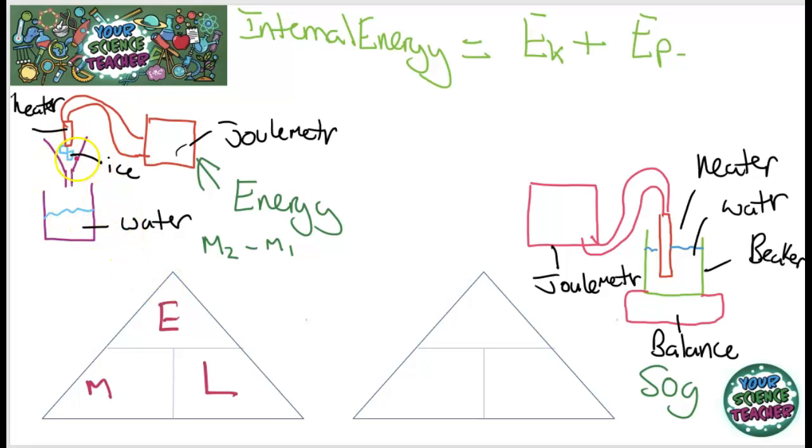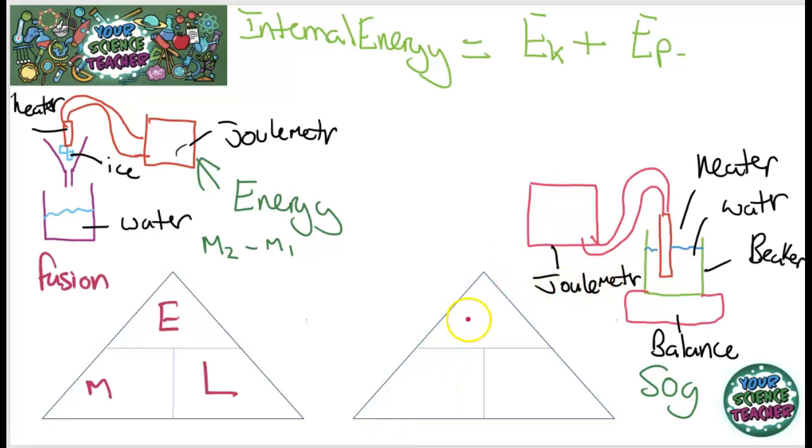Remember that the latent heat of fusion is the melting, so you can calculate fusion using this practical setup here. You've got a joule meter which measures energy, and what you could do is calculate the mass of ice changing to water by heating up that ice, measuring the water, maybe having a balance where you can measure the mass of it, and there you could calculate the energy required to change state.